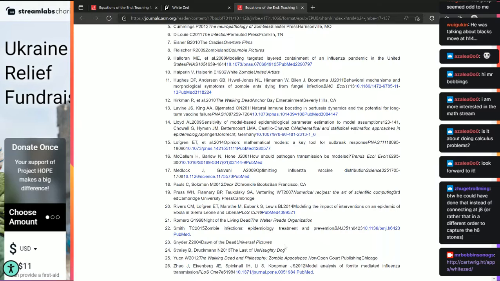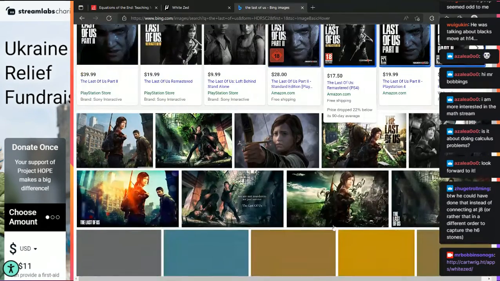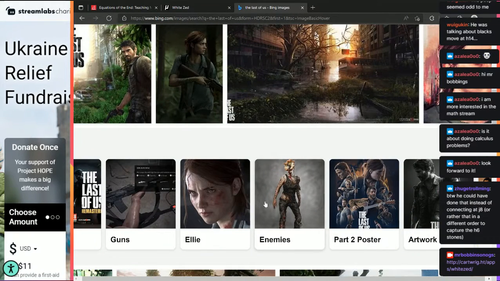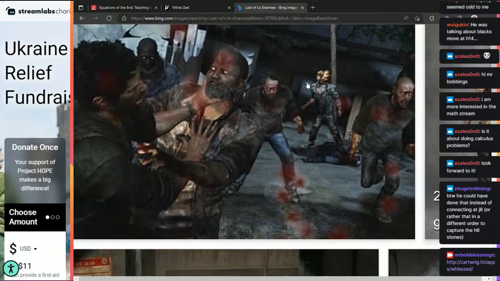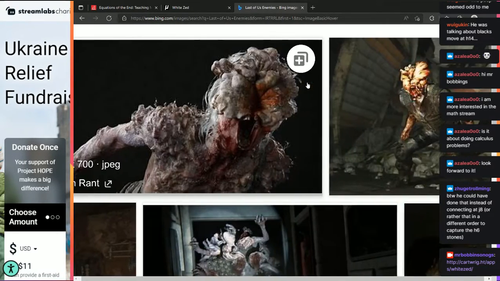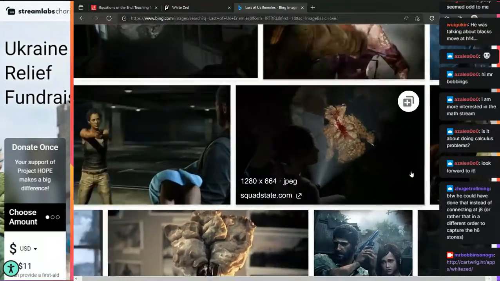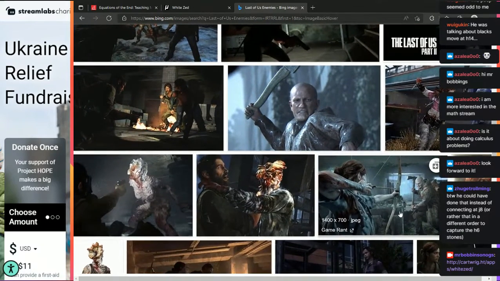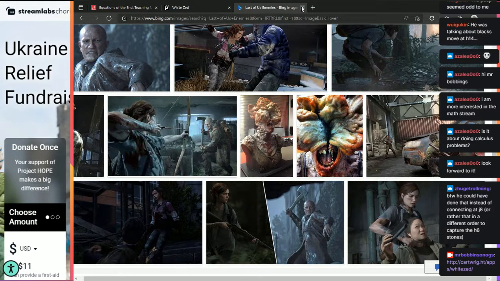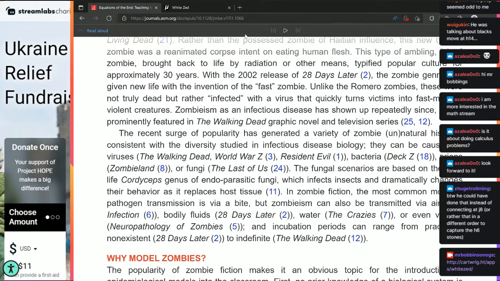Source 24. The Last of Us. Oh, yeah, that's a fungi virus. Yeah, that's terrifying. That is really terrifying. Okay. Well, let's close that. And let's think of this rabbit zombie as our model instead. Instead of that terrifying fungi zombie,